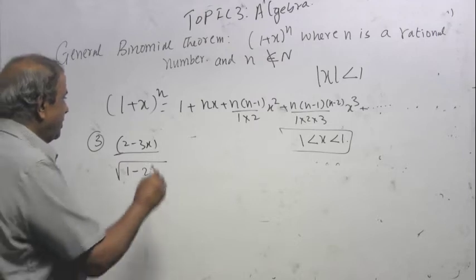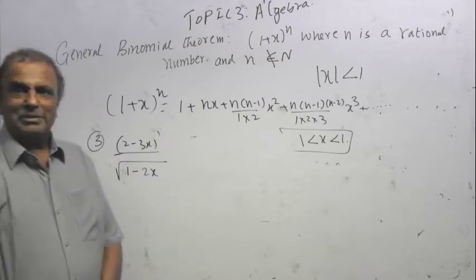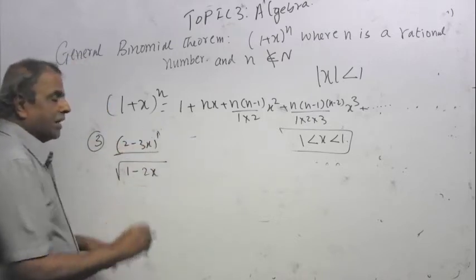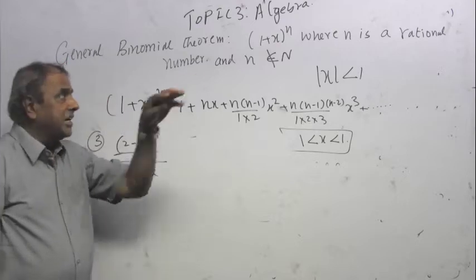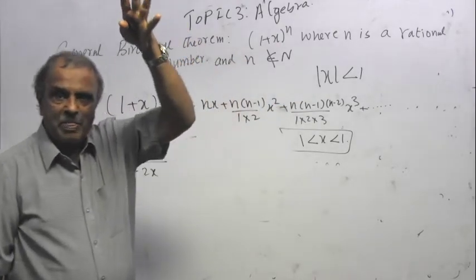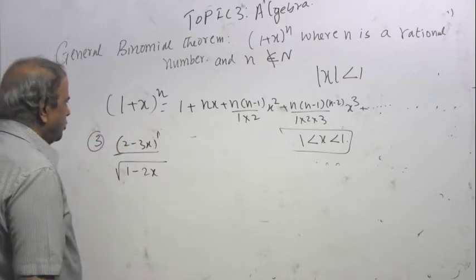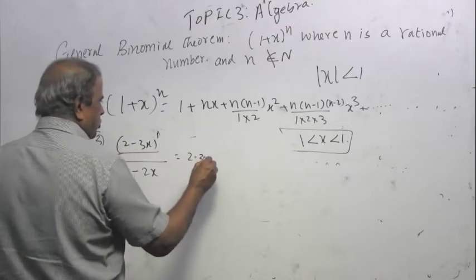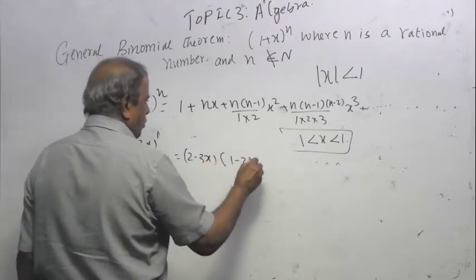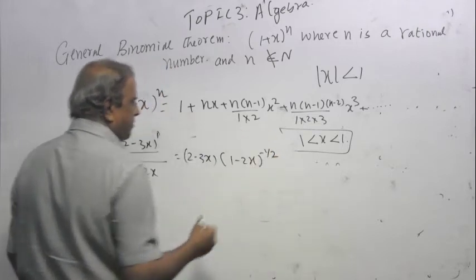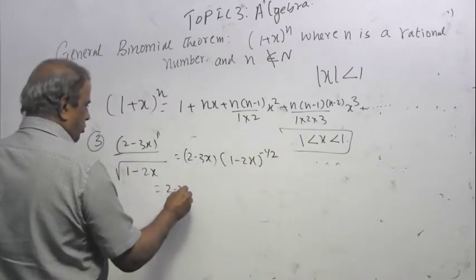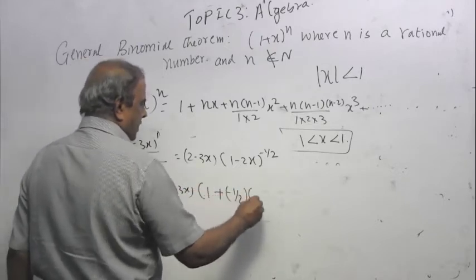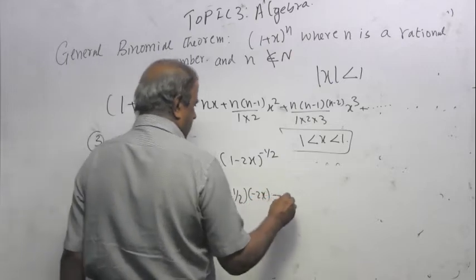Right. Please don't try to apply the general binomial theorem for this particular 1 minus 3x, because the power is 1, which is a positive integer, so this expansion doesn't work. Might work, but it doesn't. Let's not use it. Again, this is a 1, so I can safely write it as 2 minus 3x times 1 minus 2x power minus half. Very good. So 2 minus 3x times 1 plus n is minus half times x is minus 2x